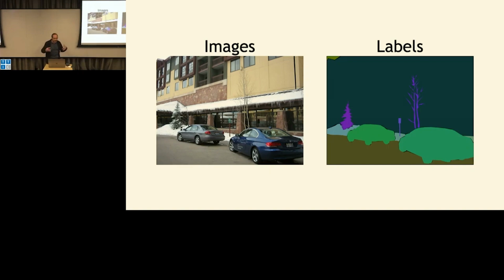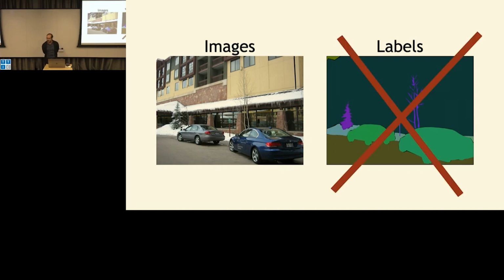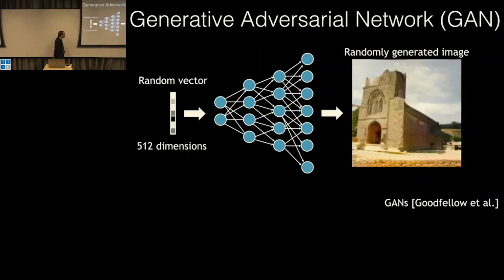So the community's been working really, really hard on building these data sets with lots of annotations so that you can train computer vision models with them. And one of the things that are really interesting about these generative models and many other techniques in unsupervised learning is that you can actually get rid of the labels, and it's something that took us a lot of effort to collect. And now you can just train these models with just images, which is kind of amazing. GANs are a spectacular, initial example of that capability of learning from images, where you start with a random vector, and this thing has learned to produce images that look real.